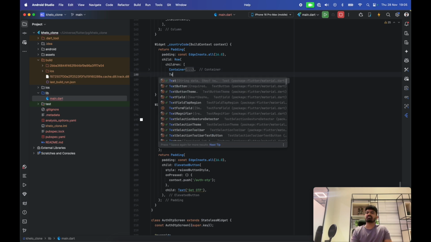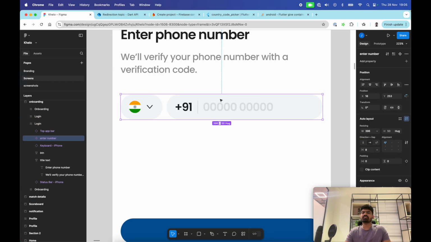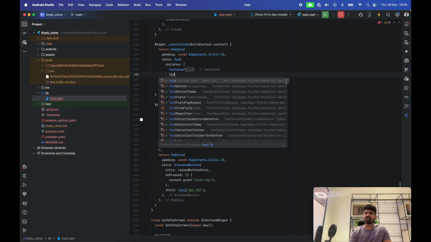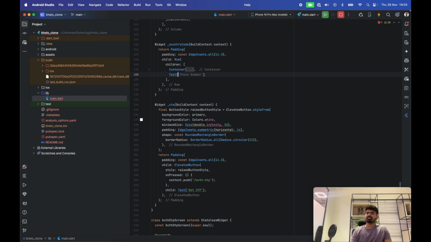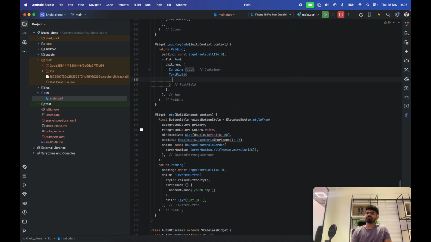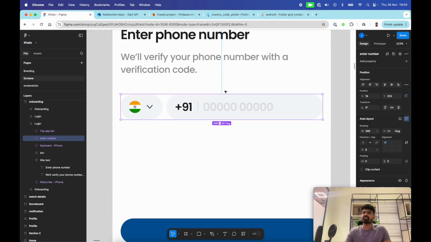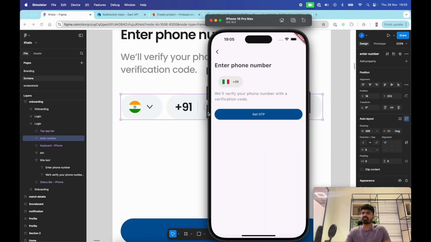Another one we'll use is for text input in Flutter. We need to use this text field widget. So let's use that text field, and in that we can provide